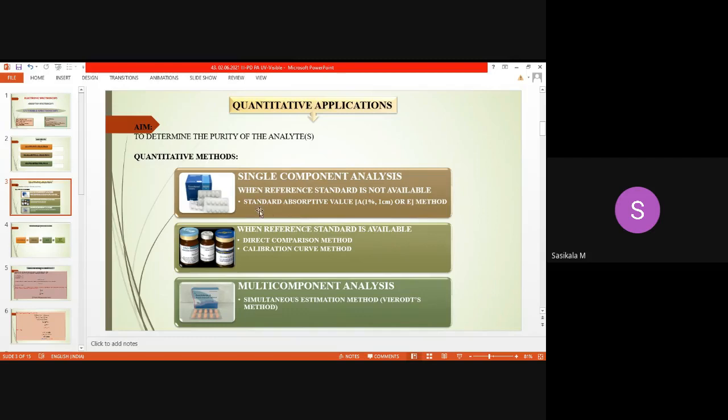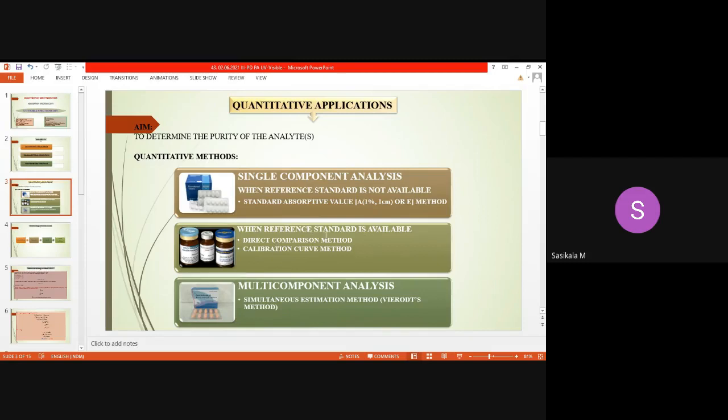So what is the name of the method? Standard absorptive value method, the A 1% 1 centimeter or extinction coefficient method. The next method is when a reference standard is available. When a reference standard for each drug is available, like standards, bulk drugs, active pharmaceutical ingredients, then we can